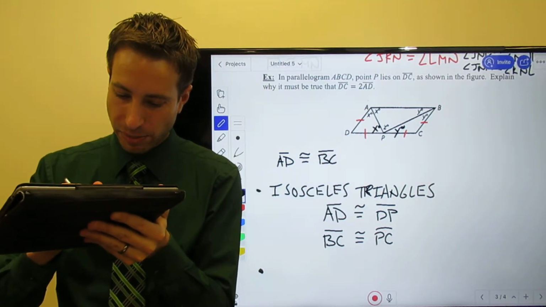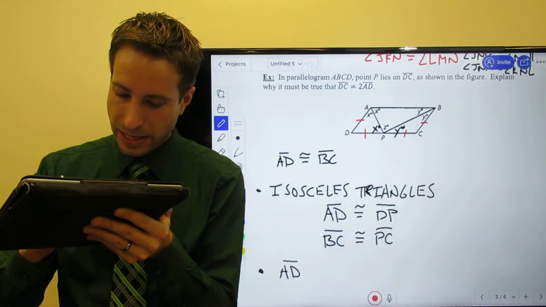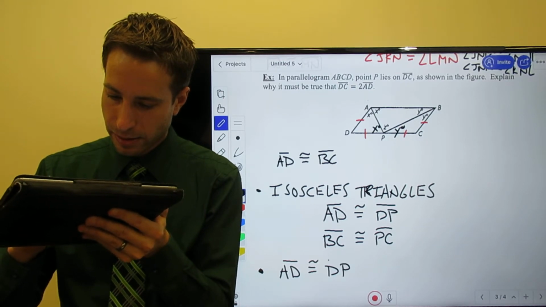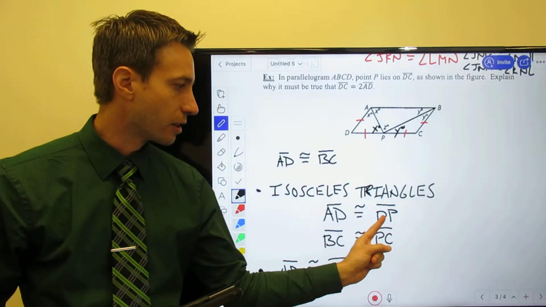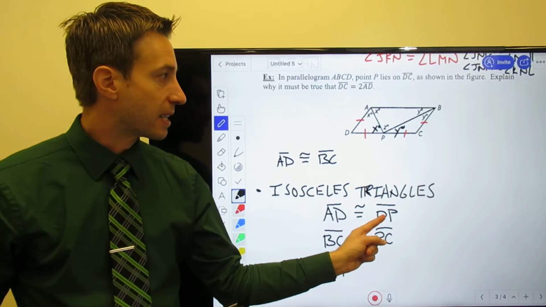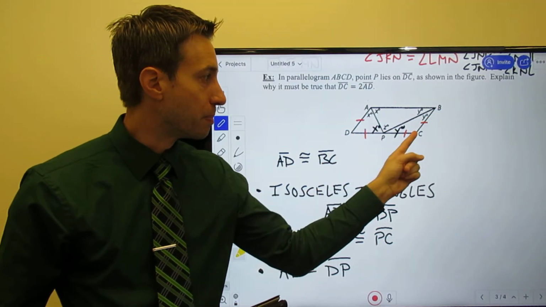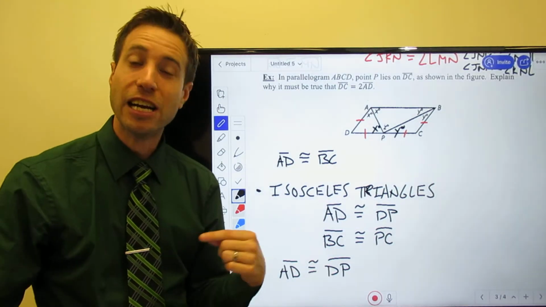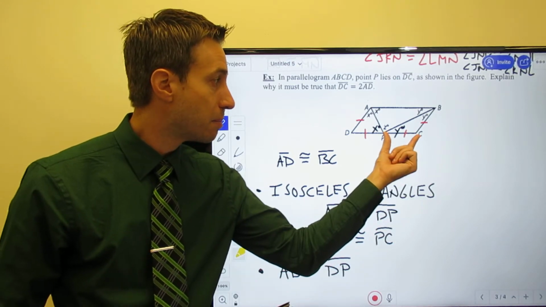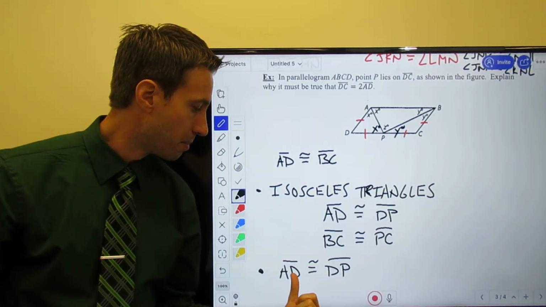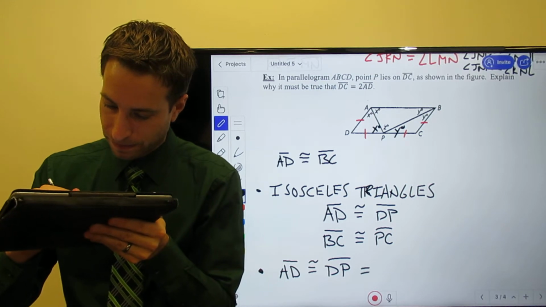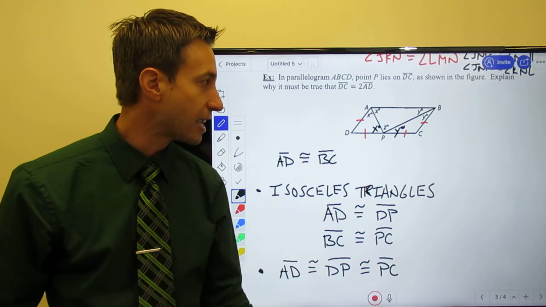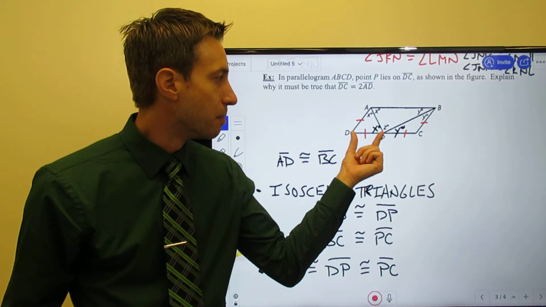So the last idea here is simply this. Side AD is congruent to side DP, which I have right here. AD is congruent to DP. But because AD is congruent to BC, right here, and BC is congruent to PC, by the transitive property, PC must also be congruent to AD. All of these sides are congruent to each other. Since each of these sides are congruent to each other,